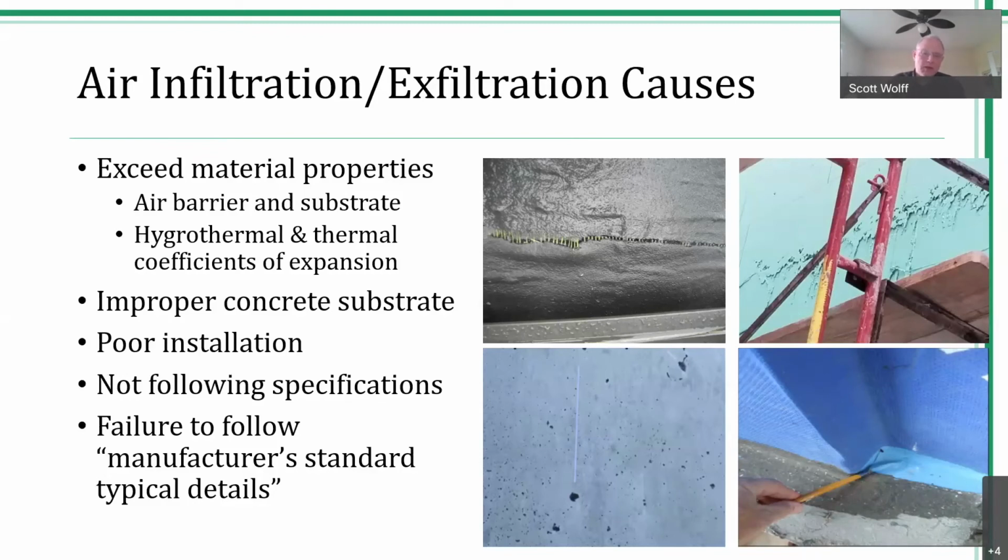In this project, the installer used that standard duty transition membrane as a through wall flashing, and they applied it on a piece of L metal. Again, this is all facing due south, so it was like acting as a massive solar collector. And the ambient temperatures being 101, the substrate temperatures were read to be well over 200 degrees. And so, as everybody probably is thinking, yes, that membrane did melt, drip, and flow and create a pretty much disastrous condition. So just be aware of these types of conditions, and certainly consider control joints would be the